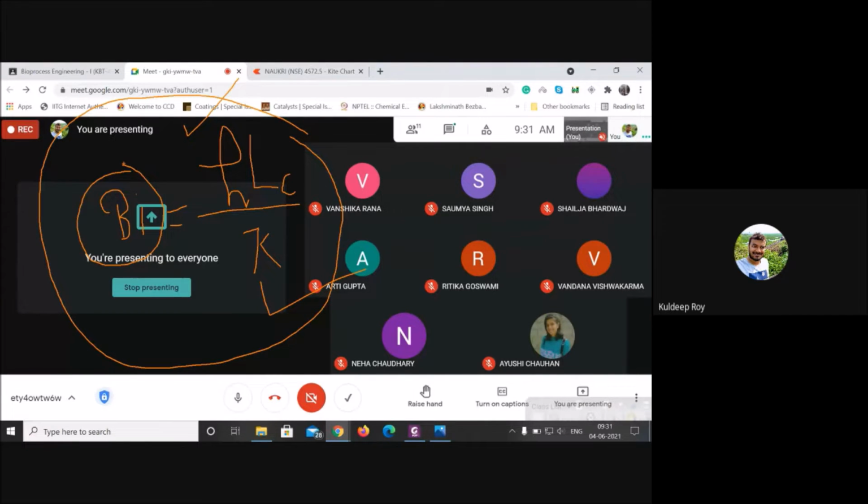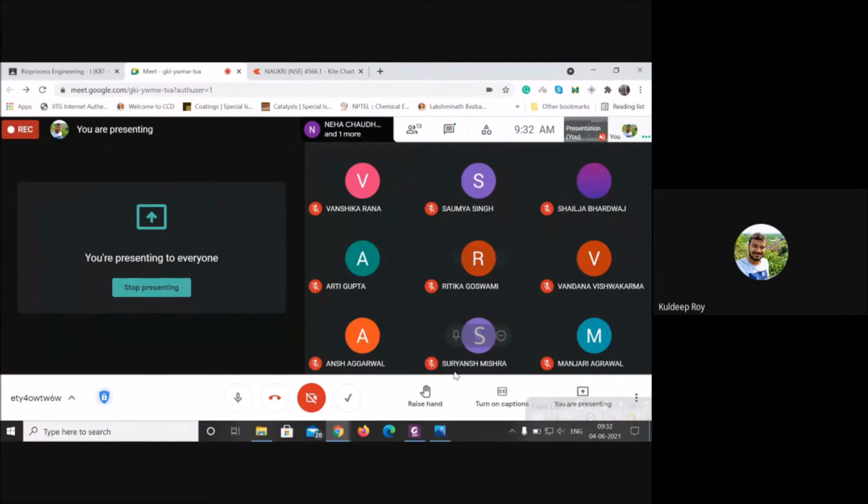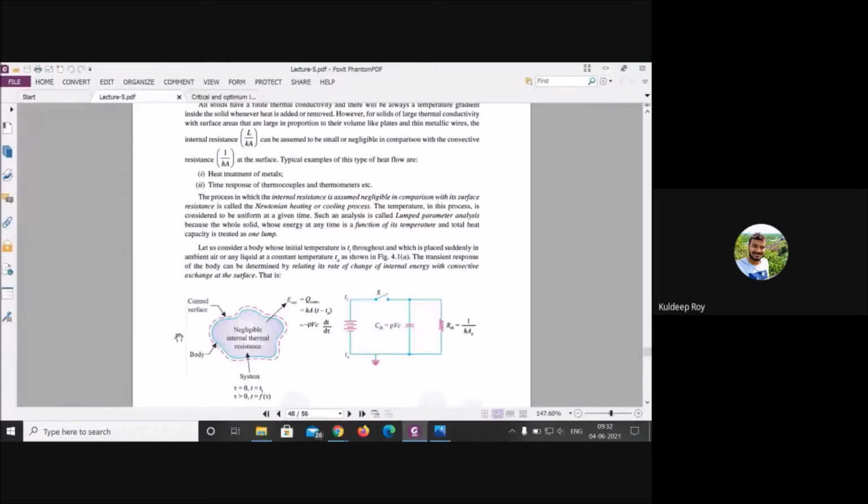As I already told, the lumped system is generally applicable when you talk about unsteady state systems. We also saw that there are two types of systems: one is the steady state system and another is the unsteady state system. Yesterday we saw the unsteady state system, and I think you saw a little bit about the fundamental thing, how it is applicable. Today we will see what we have discussed, how we can derive it and how we can solve the problem.